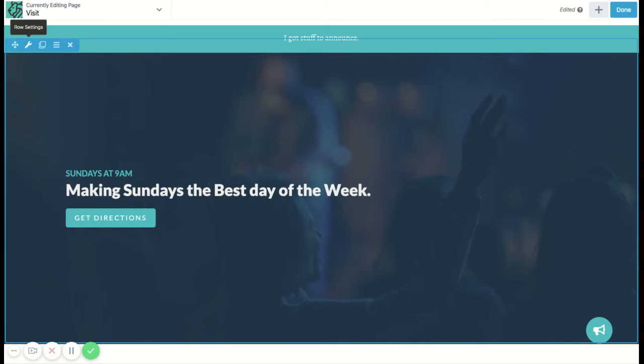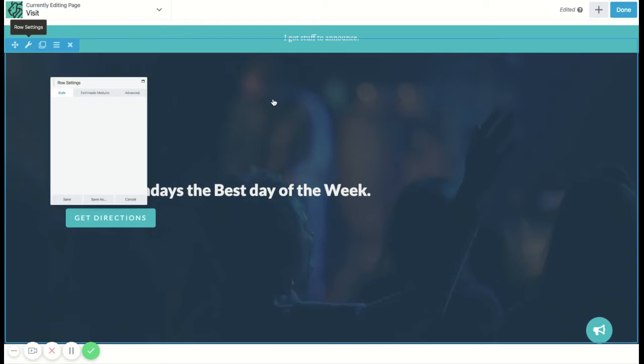And just so you know, the page builder may seem complicated. It's not, though. All it is, in a nutshell, is boxes inside of boxes inside of boxes. You have modules. Modules go in columns. Columns go in rows. And so we're working with the biggest box here, which is a row. So we're going to click on row settings,